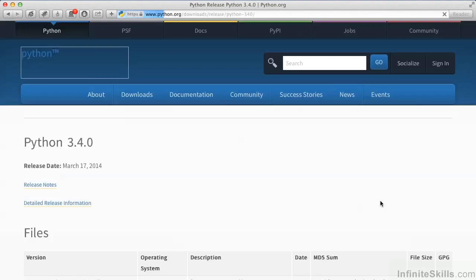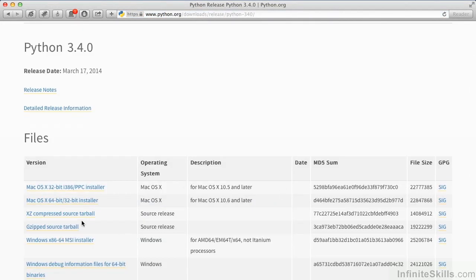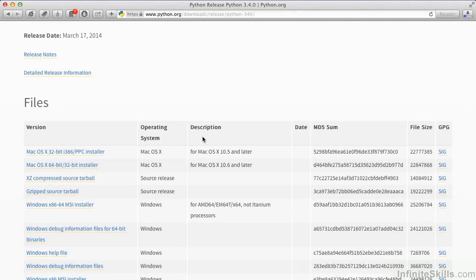So I can download the latest version, and I want to download, in my case, the 64-bit, 32-bit installer for a more recent version of the operating system. I'm not using a PowerPC-based operating system. I'm going to download that. When it's done downloading, I'm just going to install it the way that I normally would with a package for the Mac OS system. In my case, it's going to be a PKG file, so I'm going to install that,